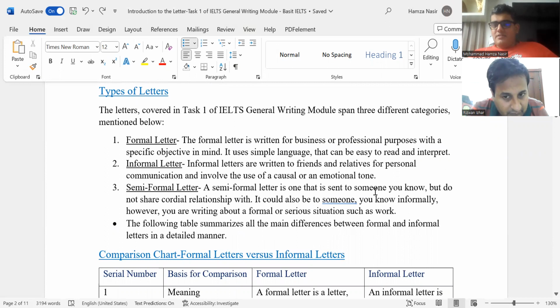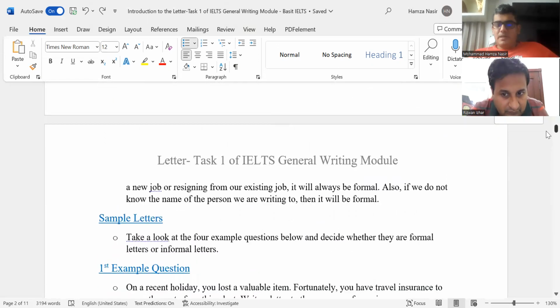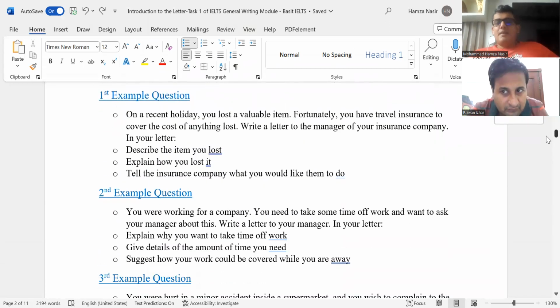तो आपके मैनेजर, जिस कंपनी पे आपने काम किया, अगर आपने काम किया तो ऑब्वियसली आप अपने मैनेजर को भी जानते होंगे, तो बिल्कुल आप उन्हें पर्सनली जानते हैं, लेकिन he is your manager, he is not your buddy, right? On top of it, you're talking about a serious situation such as work. Okay, so बिल्कुल शाबाश, बहुत अच्छा आपने कहा, ये सेमी फॉर्मल की कैटेगरी में आ जाएगा।